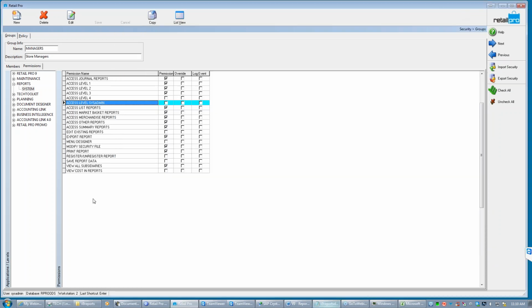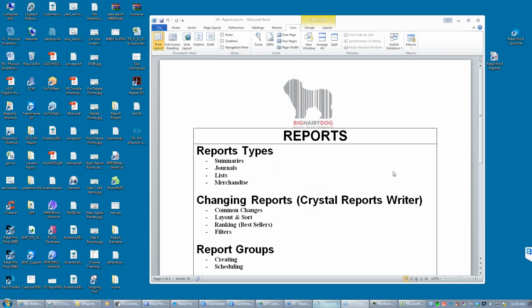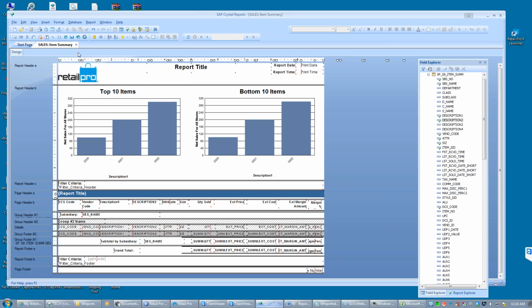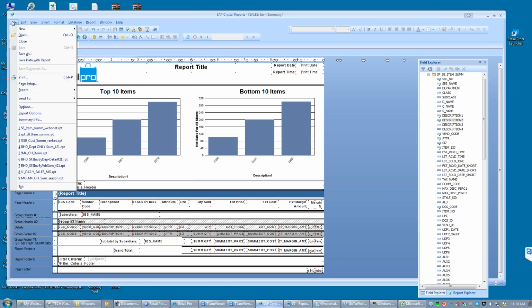Okie dokie. Let me look back at my agenda here. I rambled on for almost an hour here. We wanted to deal a little bit with sorting and layout in Crystal, right? Before I let you guys go. So I'm going to go back to Crystal, okay, and I'm going to open up a report. So let's see,